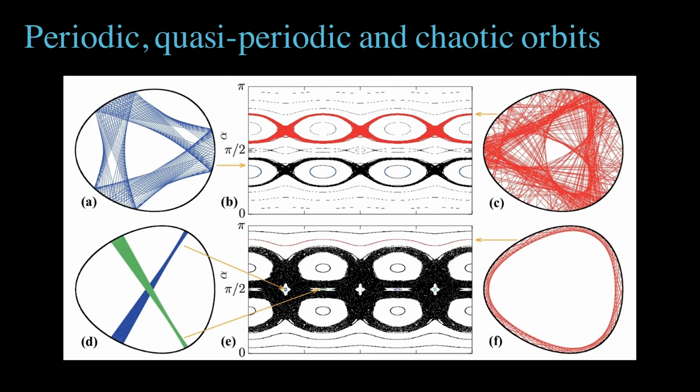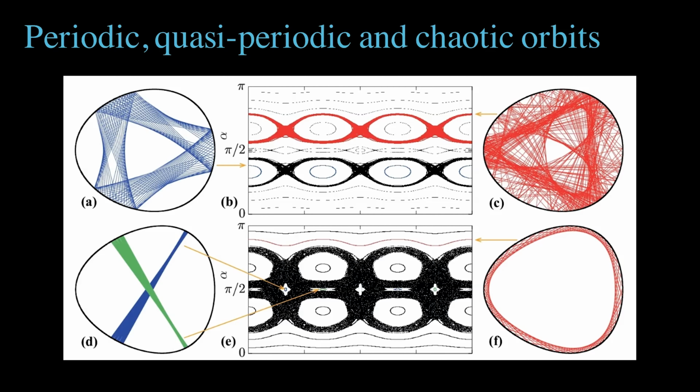Also, notice how the configuration space trajectories for the cases on the left, A and D, appear to be trapped around 3 or 2 points respectively. This phenomenon is known as mode locking. In phase space, unlike example F, which shows pure rotation, these orbits hop from island to island, forming not just one, but a collection of closed curves. Within each island sits a periodic orbit, a 2-cycle or 3-cycle in this case. This situation, where phase space contains a mix of quasi-integrable regions and chaotic zones, is very common and extends far